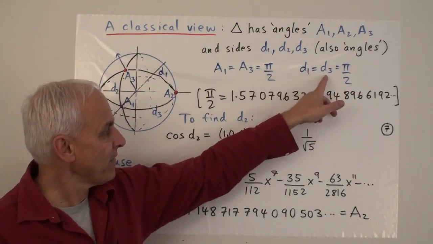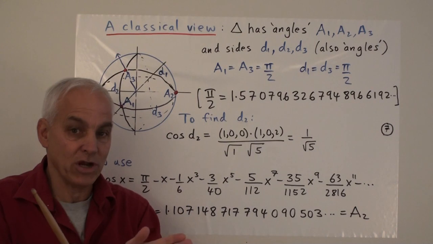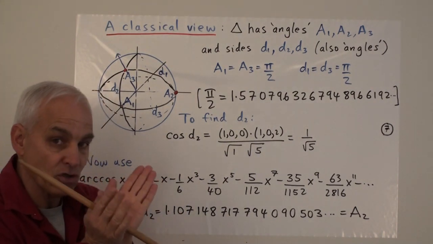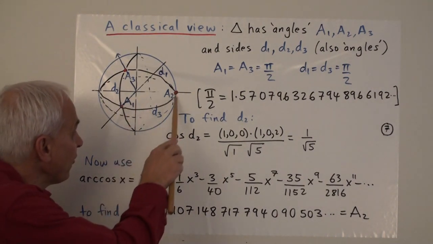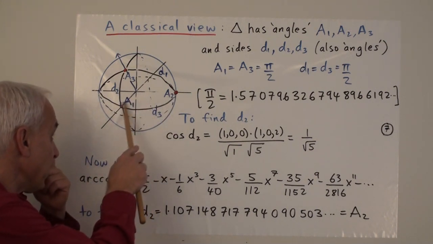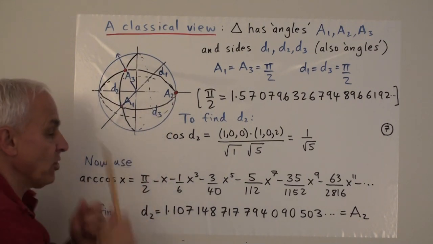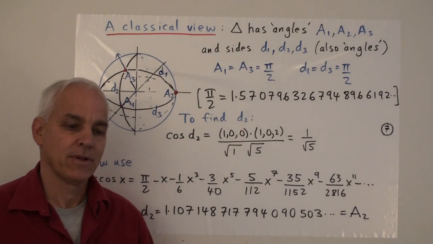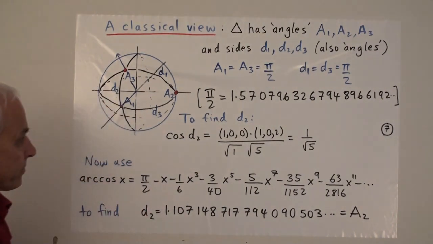I remind you that the way we measure lengths in spherical trigonometry classically is as angles subtended from the center of the sphere. So if you're at the center of the sphere looking at this portion of this circle, you measure that angle, which happens to be 90 degrees, or pi by 2, and so you assign pi by 2 to be the length of that arc. That's the traditional viewpoint of spherical trigonometry.